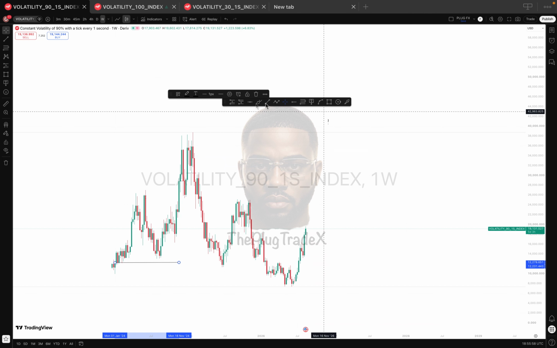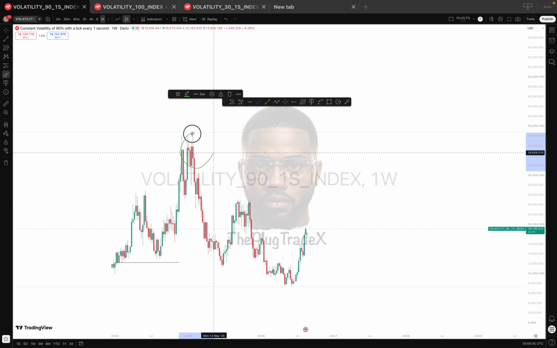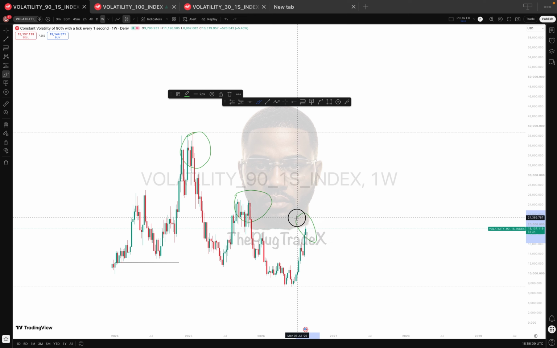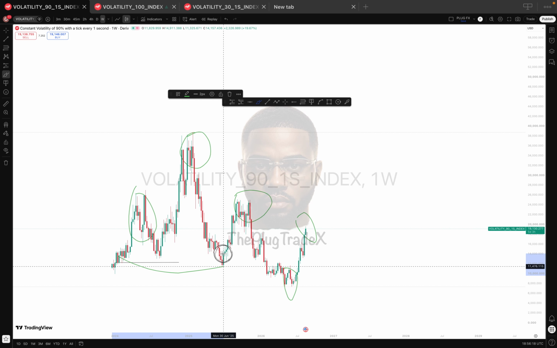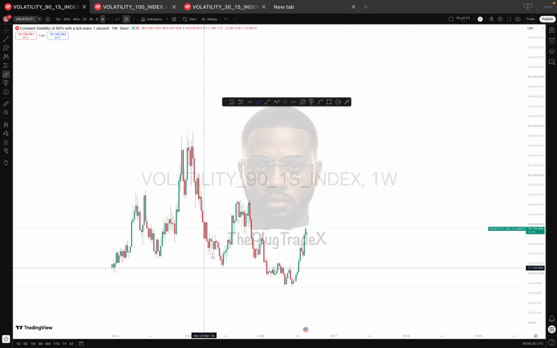All these market structures, all these things that your mentors and everybody are telling you to study and know, all these market movements don't happen at random. All what you are seeing right now doesn't happen at random. Things happen in the markets for markets to react and move. All these things don't just magically happen. This is on a 1 week time frame, so you should know the amount of time it took for this market to print all these candles.